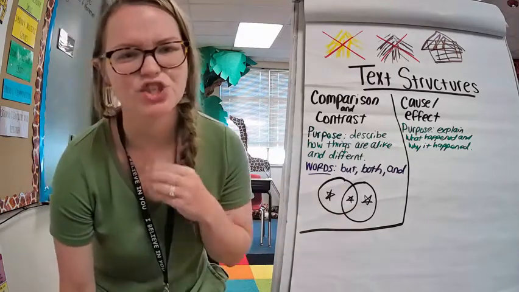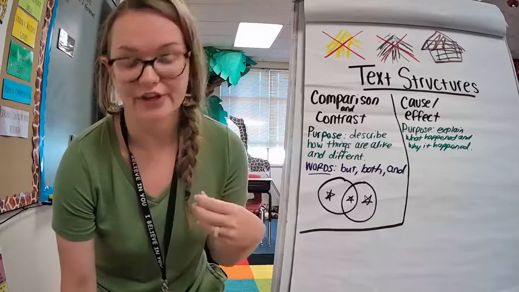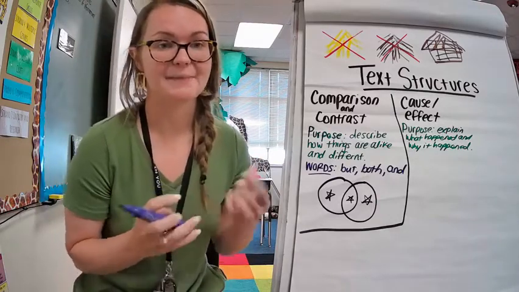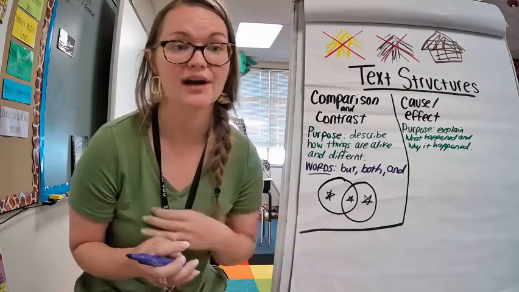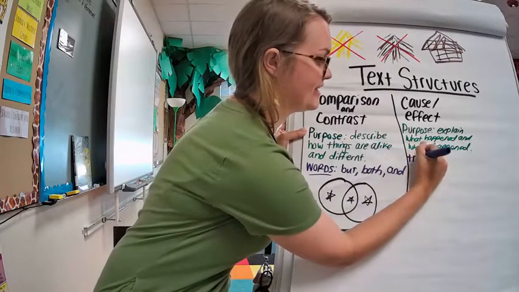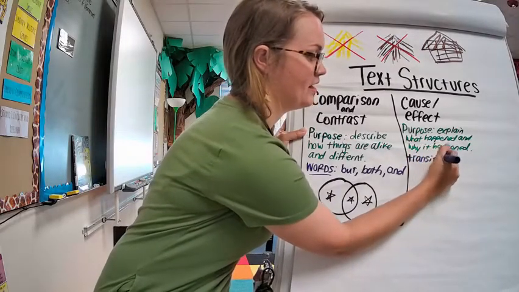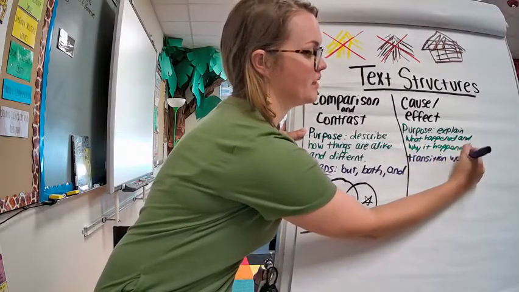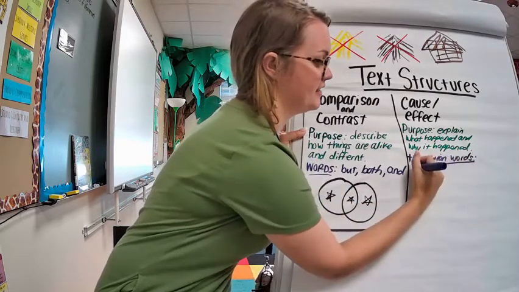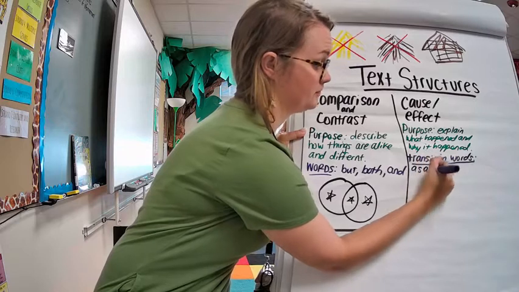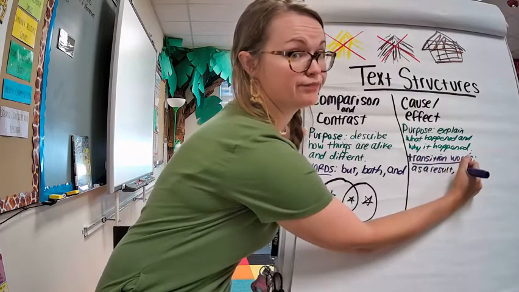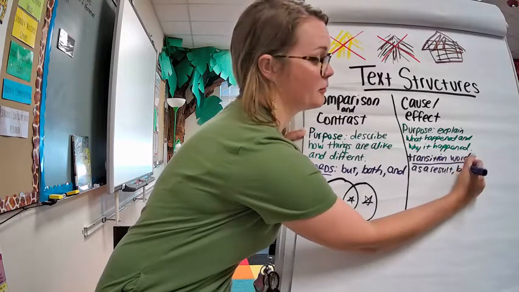Some transition words you might see whenever you know an author is using cause and effect are words like because or so or as a result of. Those are words that kind of clue us in. I'm going to put transition words. Those are words that clue us in that our author is using cause and effect. As a result, because of, or because,